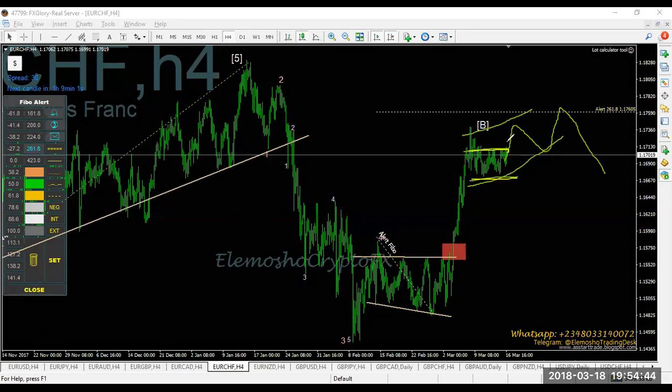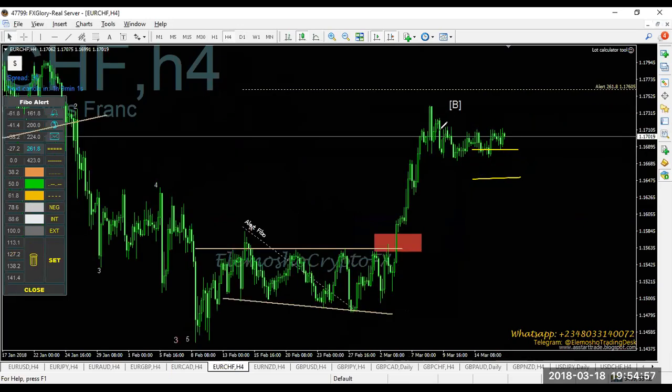And so there's a possibility that it may not form an ending diagonal anymore. There's a possibility that this is what we are going to have, a flag setup for us to go short. Since it's now giving us a flag setup to go short, if price rejects this area completely at the market open, then we should be looking forward to being in this trade,